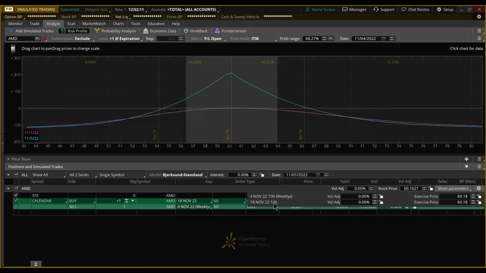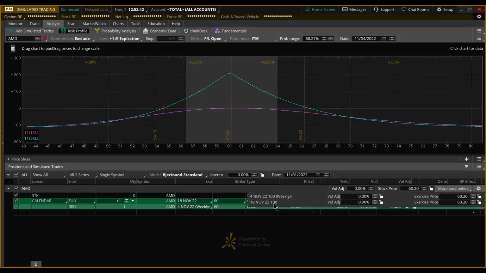Now, will the IV crush this quarter be the same as it was last quarter? No, not exactly. But will it be similar? We assume it will be similar, all other conditions being right. The separation of weeks, how many days it is to front expiration, how many days it is to back expiration. All those conditions are very similar in this hypothetical trade that we have on the screen as compared to the last quarter trade that we just looked at in ThinkBack.